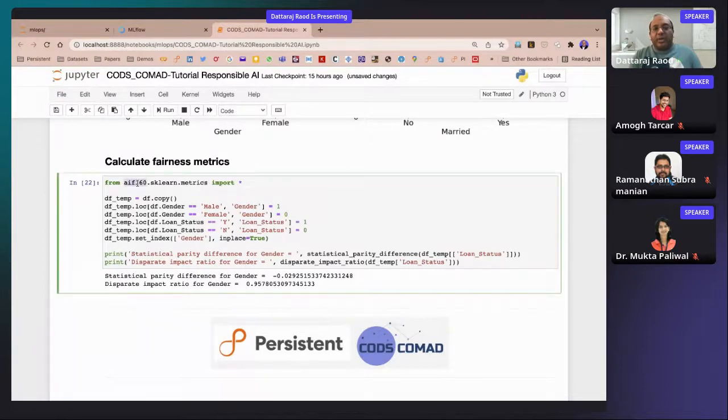So I'm importing the AI Fairness 360 library here, and using gender as the field, I'm calculating the statistical parity difference. You can look at the IBM website. It has very good definitions of each of these terms. So statistical parity difference will just tell you, between the two groups, how much is the statistical parity difference,